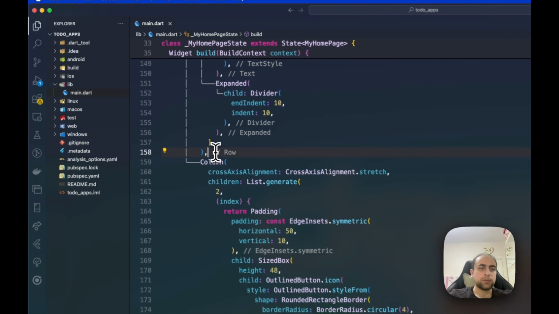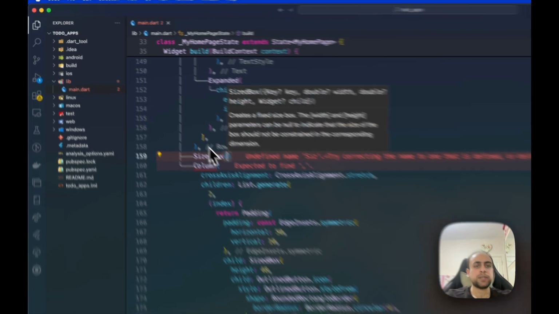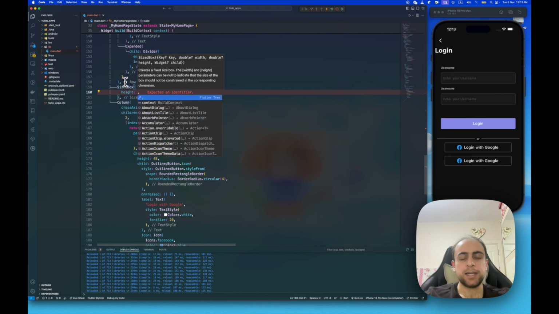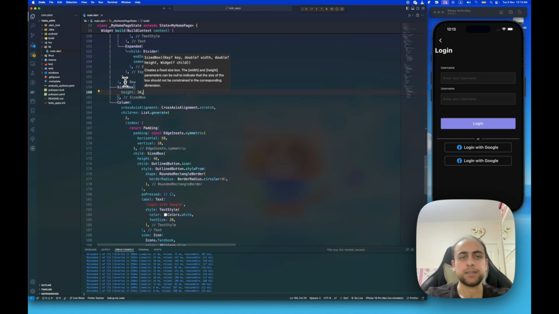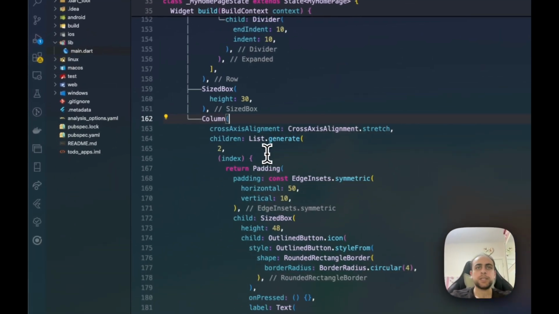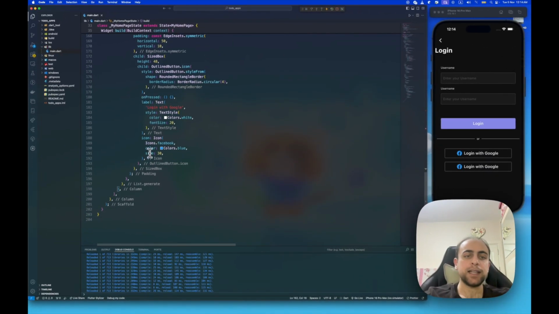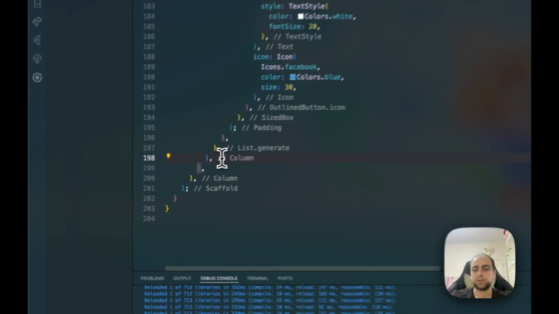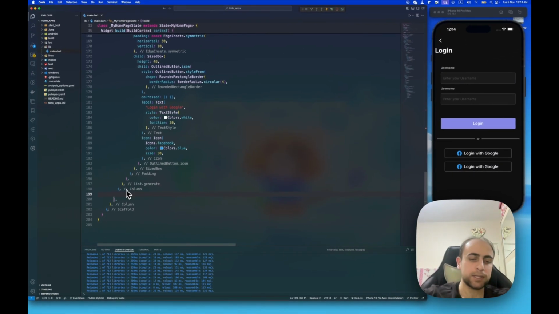Also, we need to make a size box between the divider and the OR and the outline button. So let me give it a 30. Yeah, that is perfect for this one. And we have a last thing we need to do for this page, and we will finish this video because it's very long, a long video. So that's why